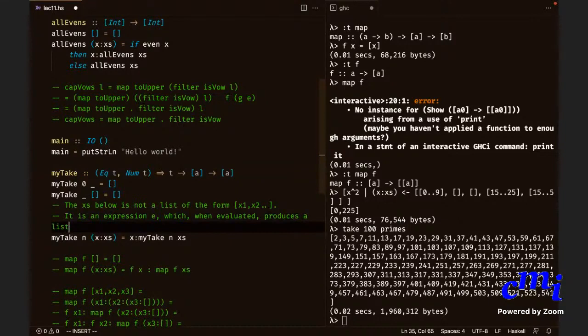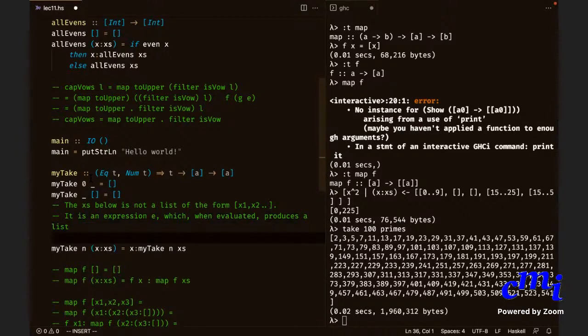Is it clear, Shakti? Yes. So you can choose to evaluate it or not. In the case where the first argument is 0, you don't choose to evaluate it. Okay, fine. Let me move on.